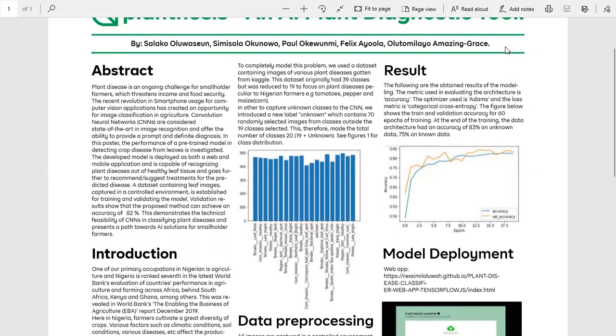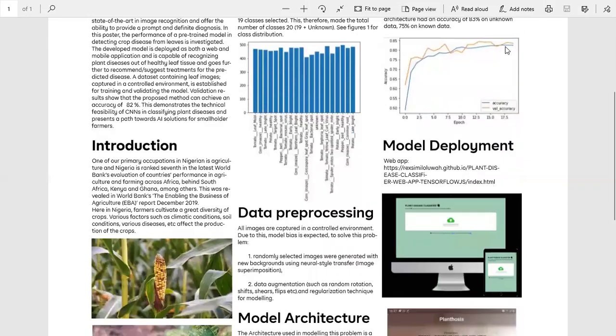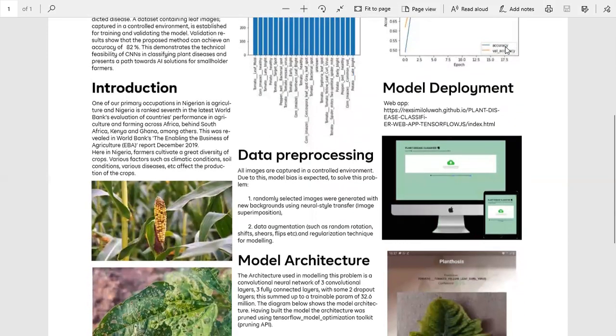So in order to capture other classes we are not interested in, we introduce a new class, unknown, so altogether making 20 classes. Because images were captured in a confined environment, we needed to do some augmentation slash pre-processing. So one, we changed the background for random images, and two, we carried out some augmentation techniques like random rotation, random